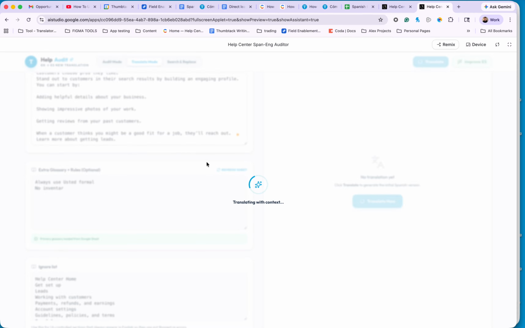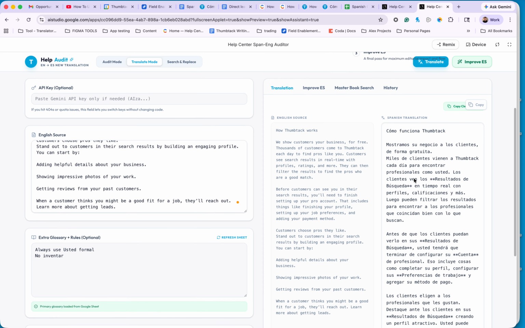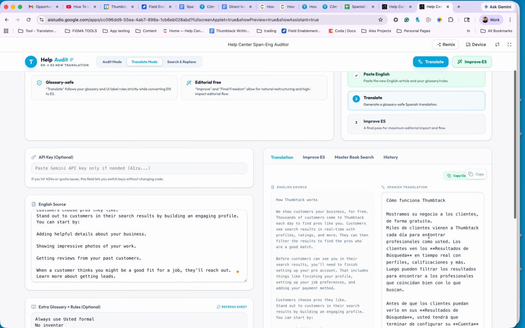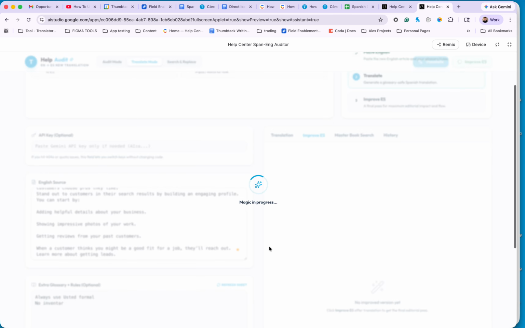And it also has the same button for improve. So the first translation is going to be a good translation, but like I said before, sometimes some words don't mean the same in Spanish or in English, or some phrases mean something a little bit different and you can reword them a little bit different. So you click on improve ES and it's going to improve it the same as we did with the audit mode. So that's perfect,